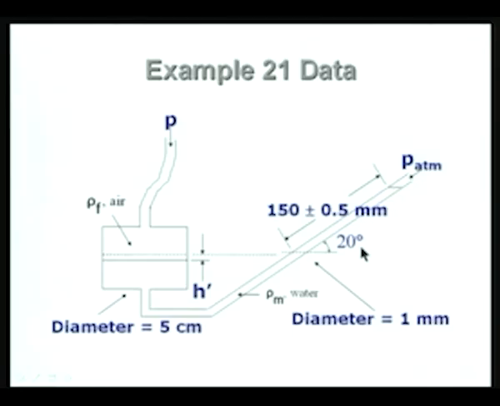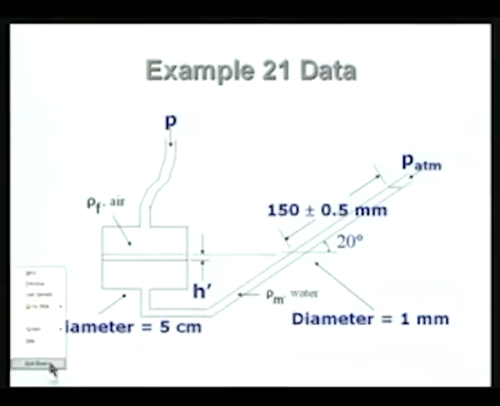So, if you remember, in the last lecture we said that the inclined tube is like an inclined plane, and it is a simple machine, and it is going to give you a mechanical advantage. In this case, it is going to give you a larger difference in the level of the meniscus, which is measured along the length of the tube. Using this, I am going to calculate a smaller height, which is what we should have measured to start with. So, we are amplifying the length by the inclined tube, and that is the mechanical advantage we can think in terms of. So, with this basis, let us just make a